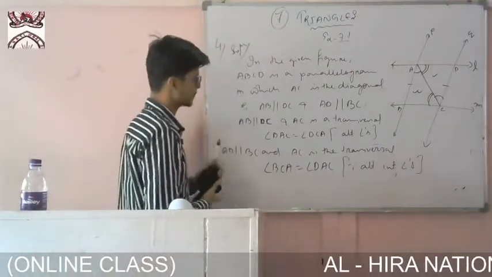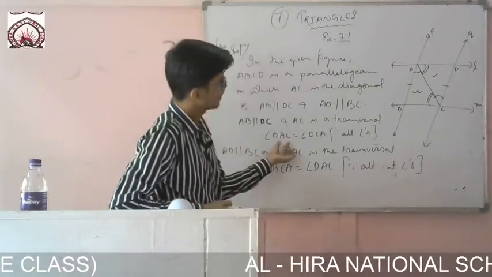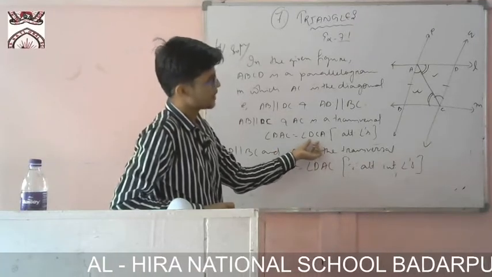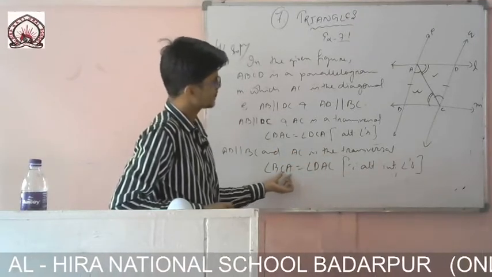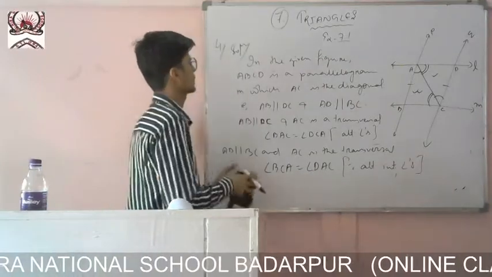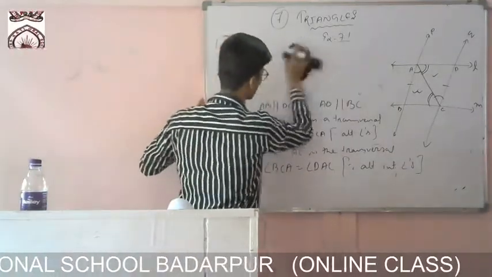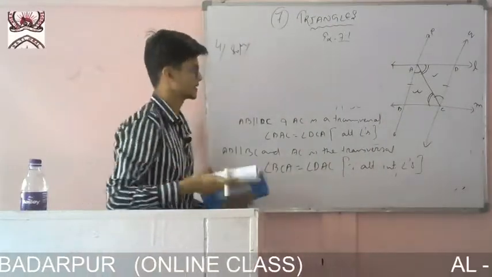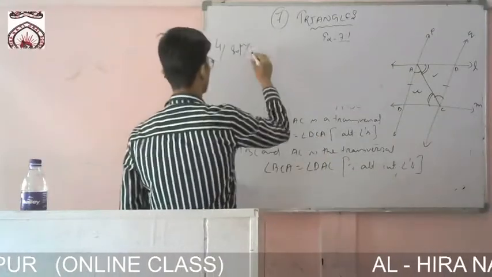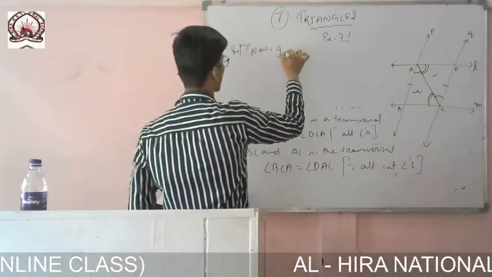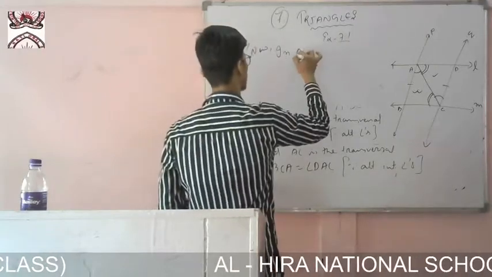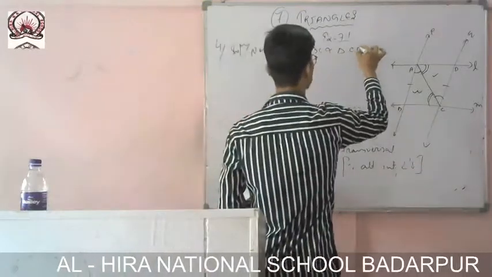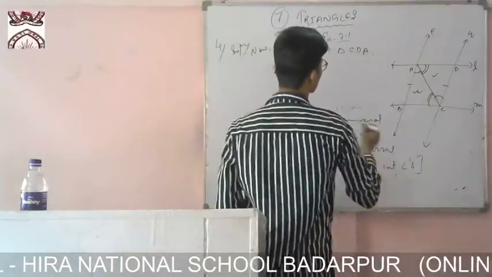So let me erase the first part and check once. BAC I have written equals DCA, and BCA I have written equals DAC. Now let us move to the next part. Now I have to prove that these two triangles are equal. So in triangle ABC and triangle CDA,